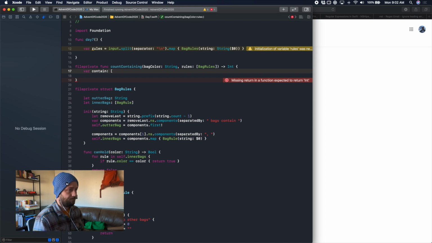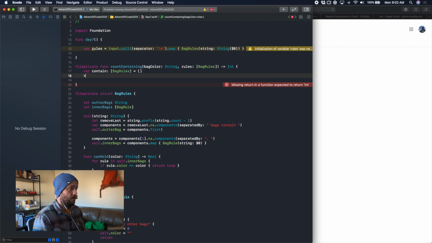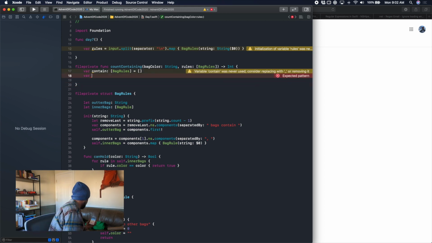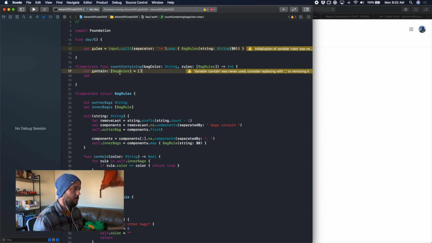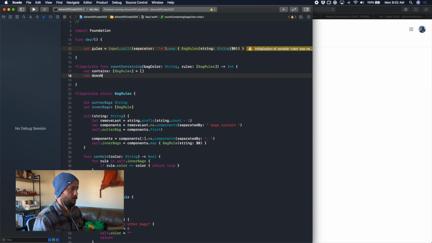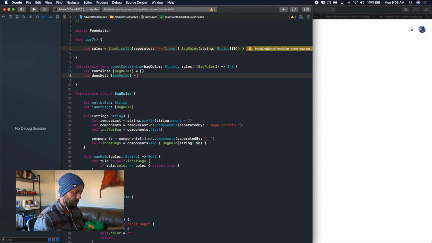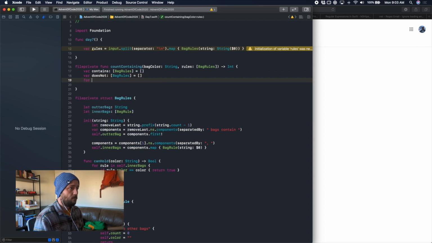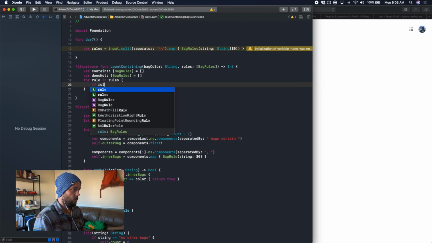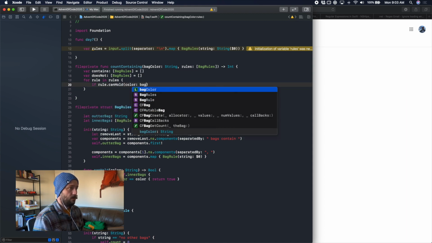Contains. This is like so hacky. This is so hacky. I am not happy with today's solution at all. This is one of those that I definitely want to go back and do something about. Contains does not, which is annoying. Okay. For rule in rules, if rule dot can hold bag color